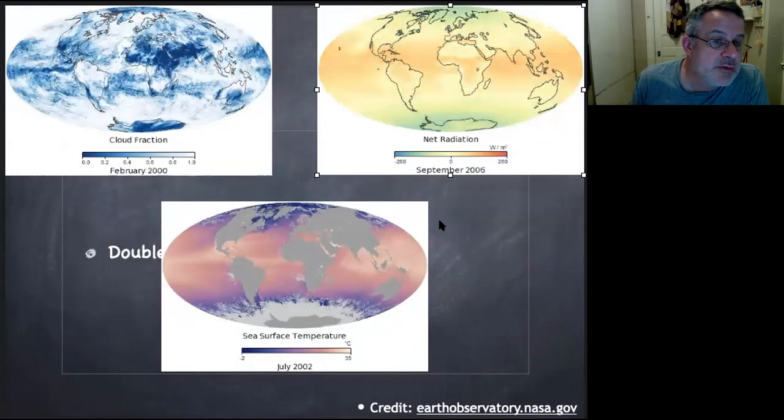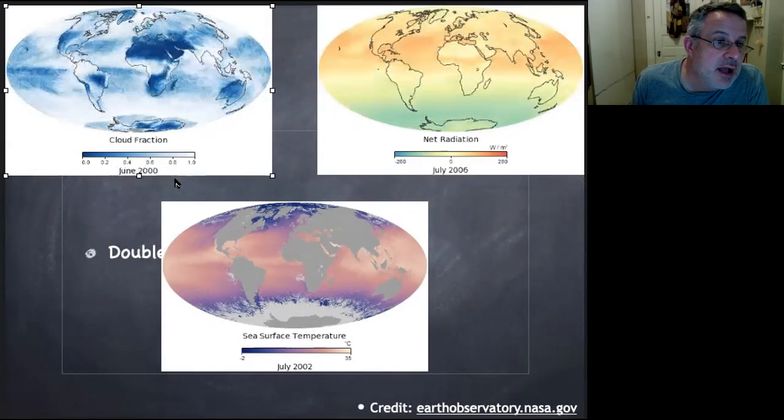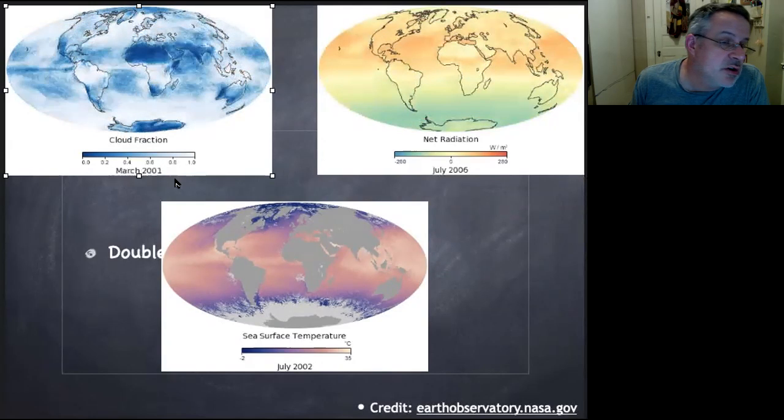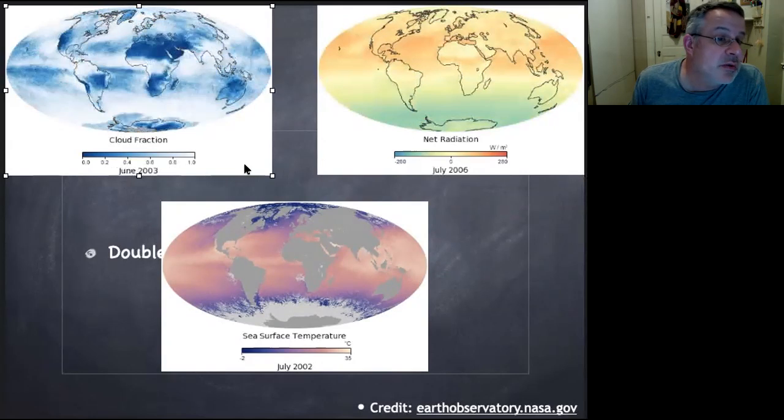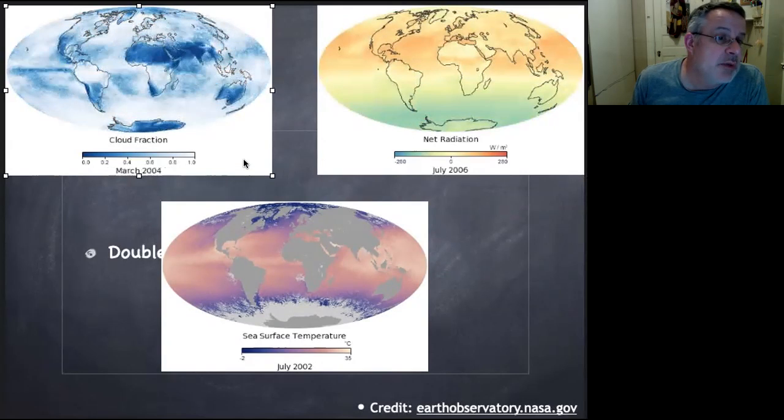When we watch these movies, sorry, I can't play them all at once, you can see that in radiation, there's a lot of variability in relatively complex patterns. You can see things like differences between land and sea, differences between the Ekman upwelling regions and other regions in the ocean. The cloud fraction is also changing. So not only is the shortwave changing because of the incoming solar, but the clouds are changing along with the seasonal cycle as well, complicating how much of the sun actually makes it to the surface.